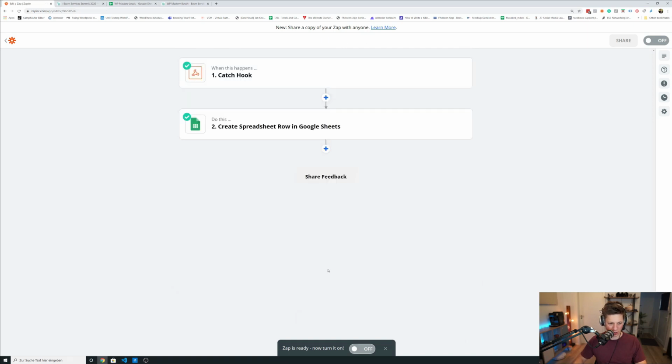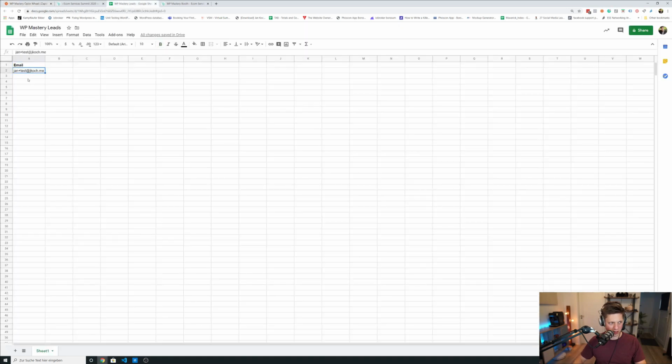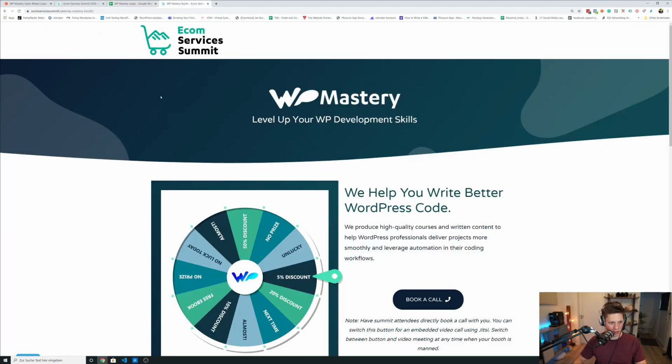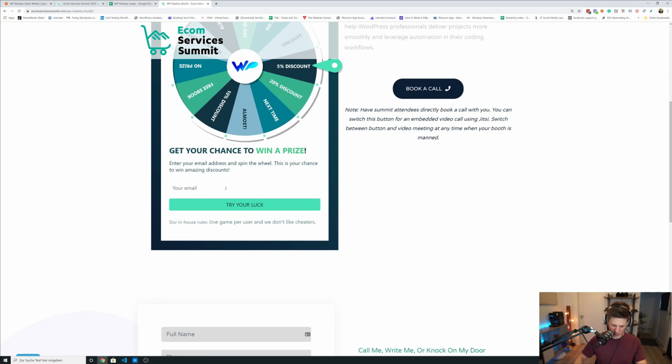And now when I click on Done Editing and I turn the Zap on, all the opt-ins from the wheel will get funneled into the Google Sheet. And you can see already that I've tested it with Jan plus test@jcob.me. That has been funneled into the sheet directly. And when I now run it a second time,